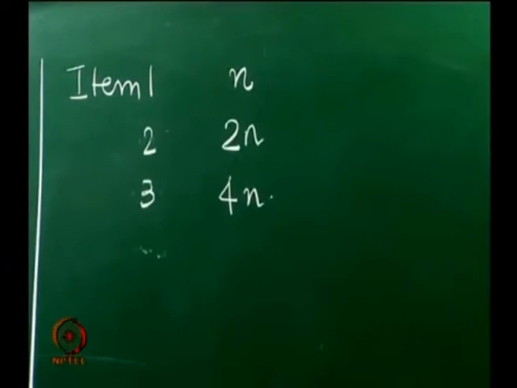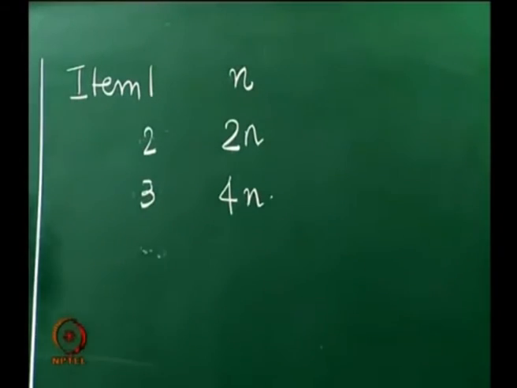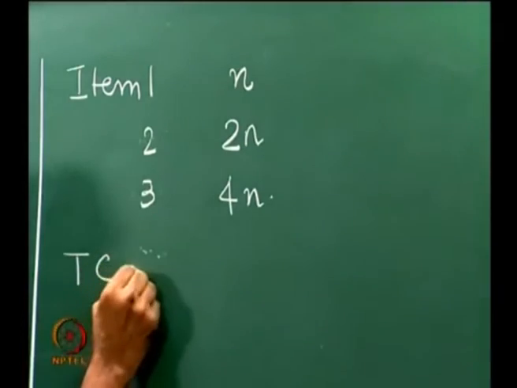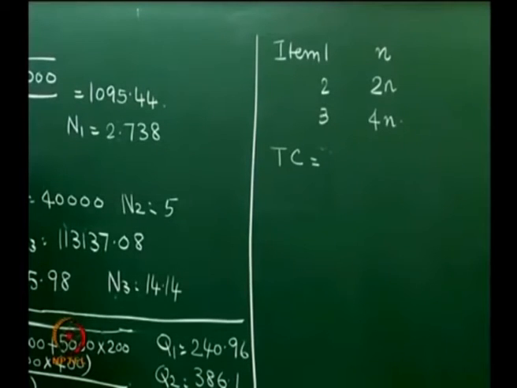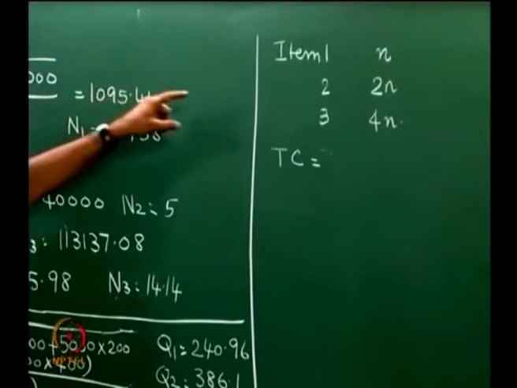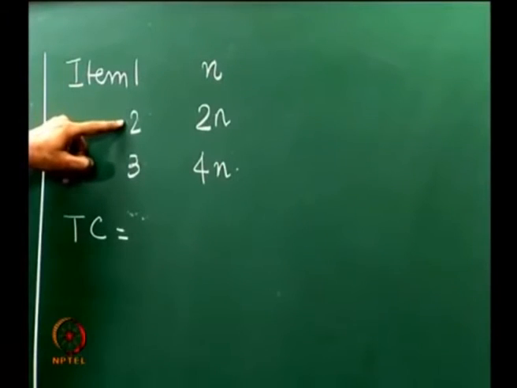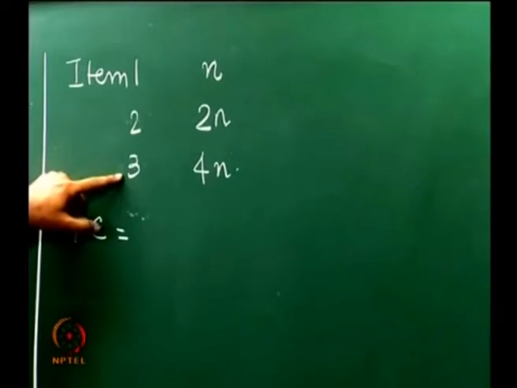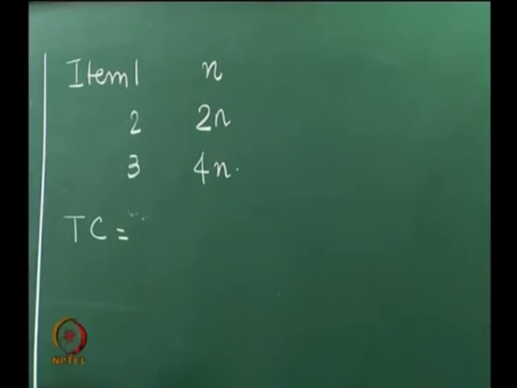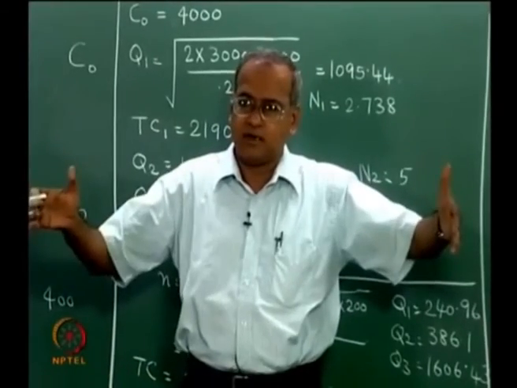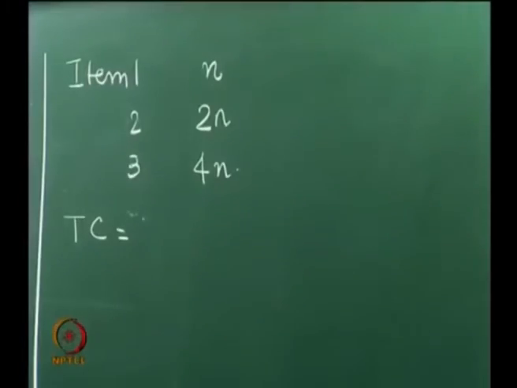Now when we start doing this, what is the gain that we have? So the gain that we would have is this. Now the gain will be, the total cost for this system will be, so totally there will be n orders in a year for this, there will be 2n orders in a year for this, and there will be 4n orders in the year for this. So there will be a total of 4n orders in a year, out of which this 2n will be synchronized within this 4n, and this n will also come within this 4n.